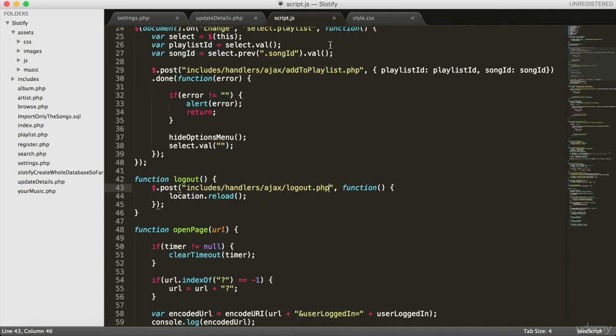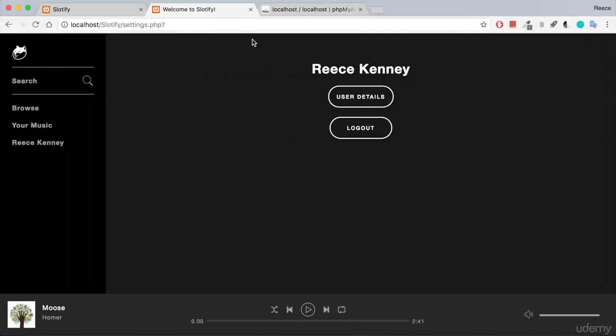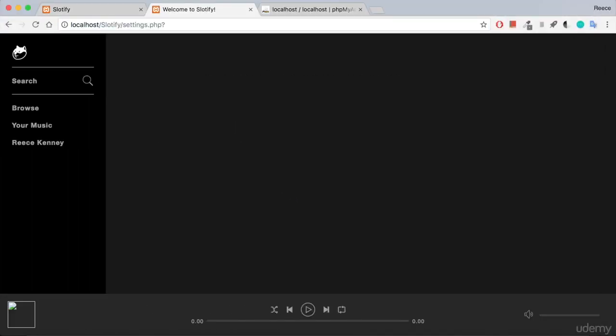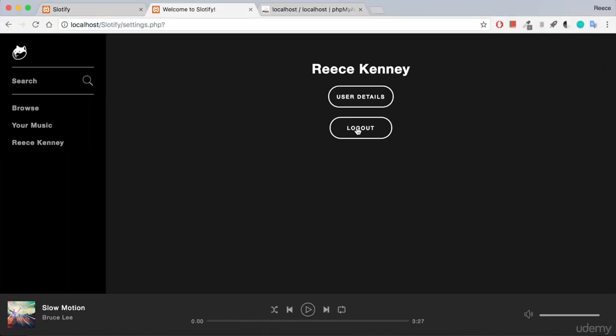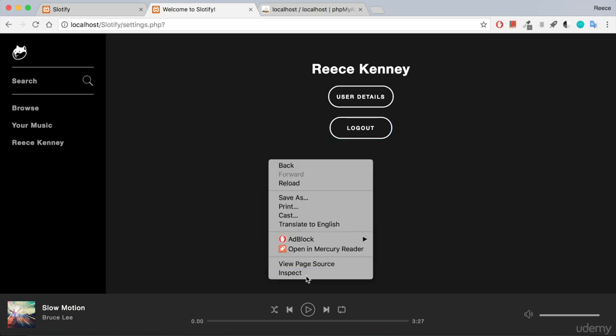And when this returns from the Ajax call, it's going to just reload, and then the redirect that we have in our header.php that checks whether they're logged in or not, it's going to see you're not logged in anymore because we've just destroyed the session, and then it's going to redirect them to the register page. So let's go and give it a try. So I'll refresh this page, and I'm going to click log out, and it should take me to the index page, the register page I mean. So I'll click that,